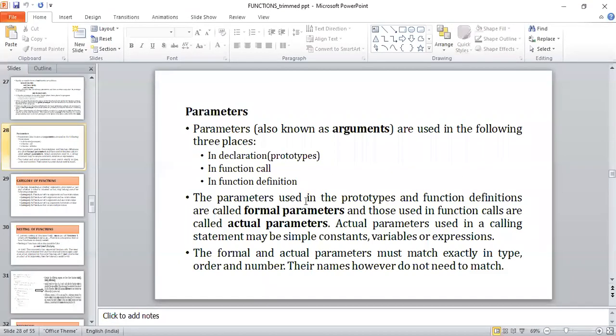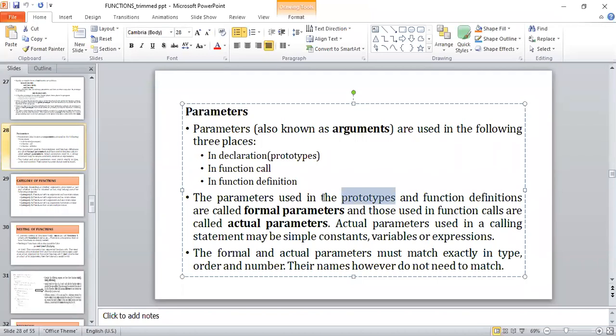The parameters, I will underline the statement, which are used in the prototype, that is in the function declaration, during the time of declaration, and in the function definition, are considered as formal parameters. I repeat the definition once again. Don't get confused.